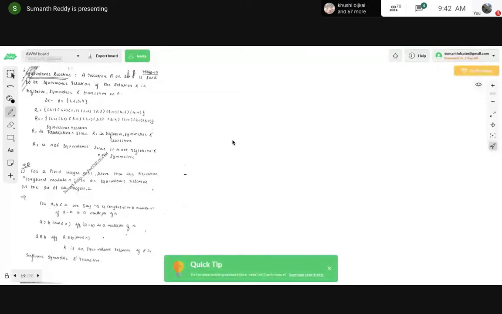Okay, and sometimes he will ask a question like this. He will give some relation, not in terms of ordered pairs, but just by name, like divisibility or multiple. And here in this example, he has given congruent modulo n, and he is asking whether this relation is an equivalence relation or not. As you already know, to call a particular relation an equivalence, it has to satisfy three properties: reflexive, symmetric, and transitive. So you need to check whether these properties are satisfied. If it satisfies all three, then definitely it will be an equivalence relation.